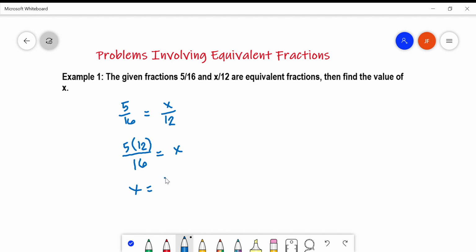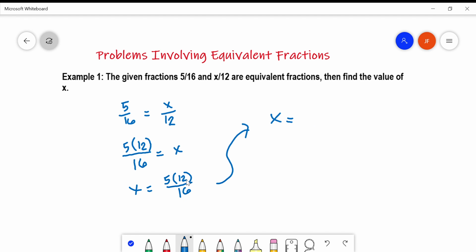So then our 5 times 12 divided by or over 16 is on the other side, which is on the right side. Now by operations here,